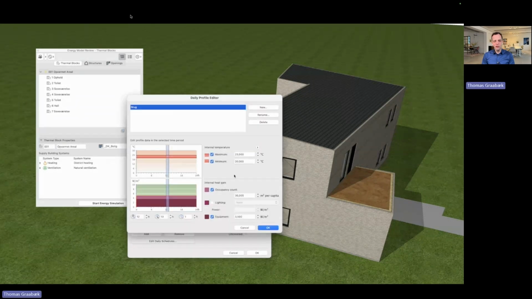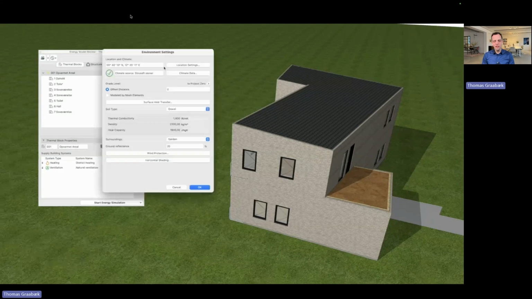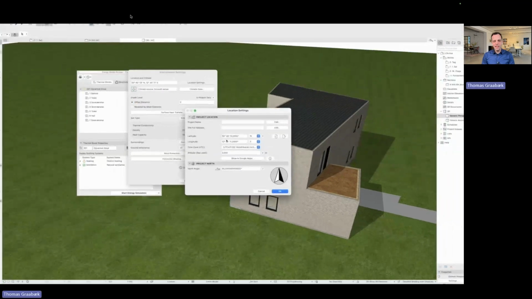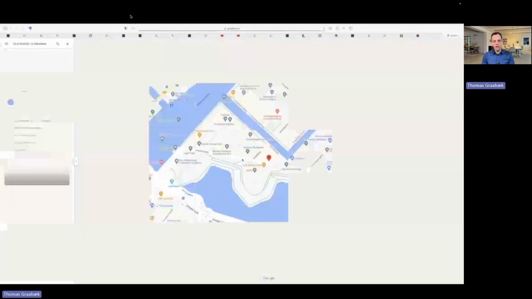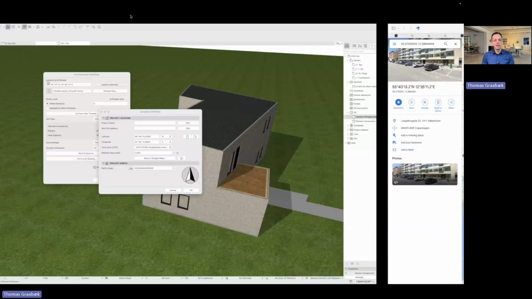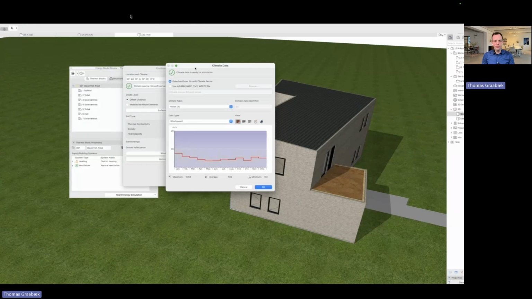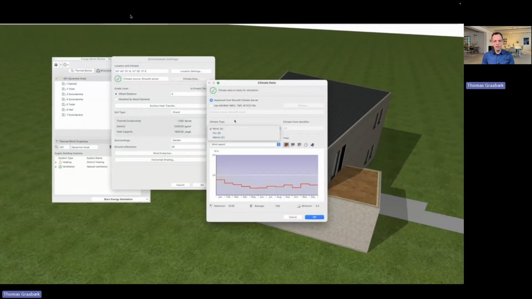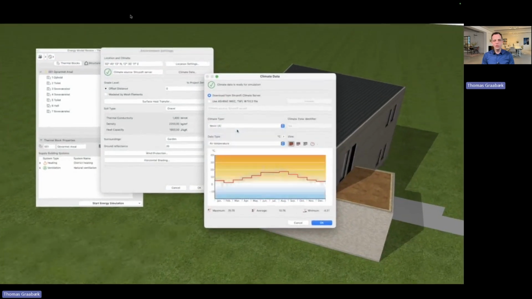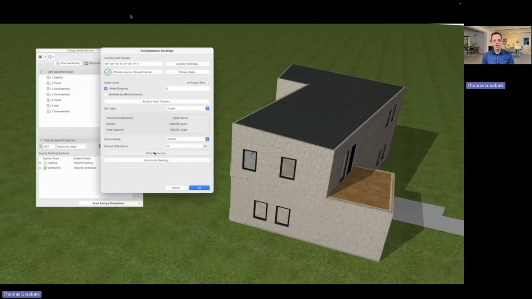Now I look at the comfort zones that must be between 20 and 23 degrees every day of the year. I can see the location of the project. In our template, the project is placed in downtown Copenhagen, but you can also enter your own place from Google, and EcoDesigner STAR will automatically download the weather data with rain and mist and wind and temperature.